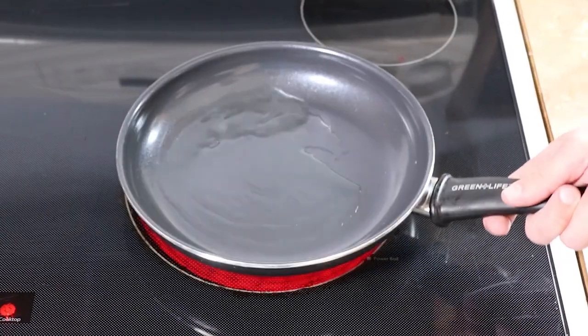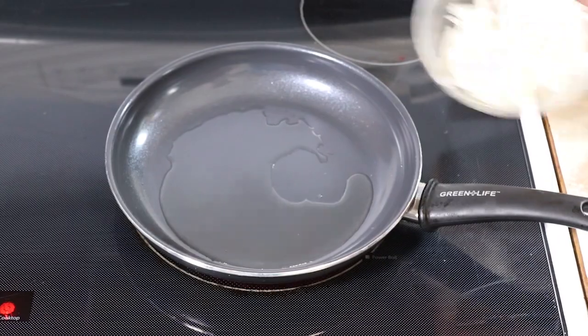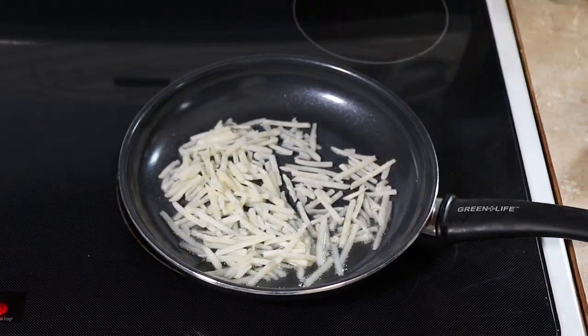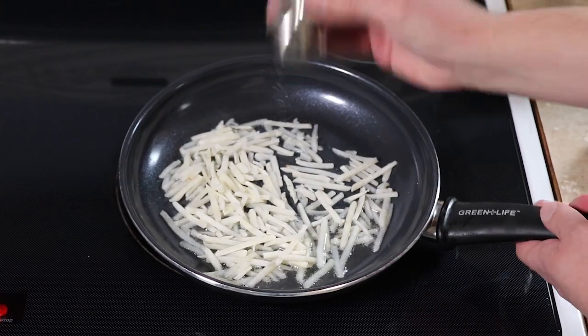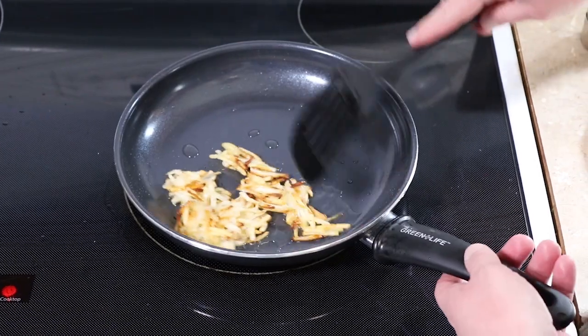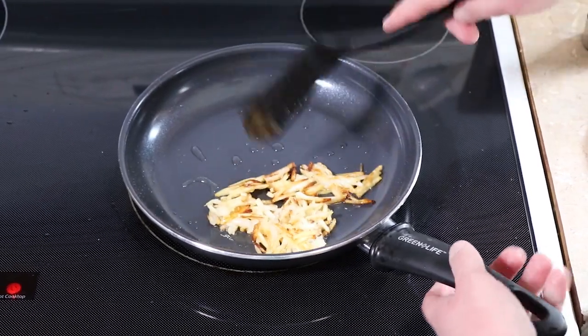To get started, we're going to heat up a few tablespoons of oil in our hot pan. Go in with our hash browns. Season with salt and pepper. We're going to let these cook for about 3 minutes. Once the hash browns are golden brown, we're going to set them aside, and in the same pan we're going